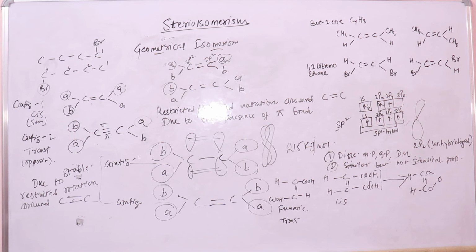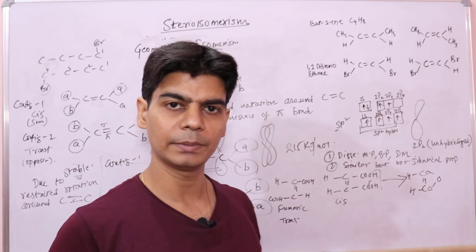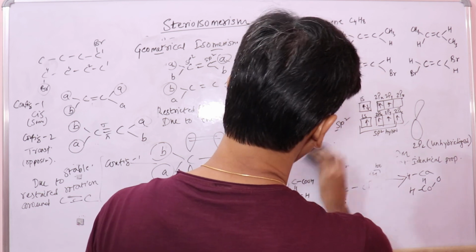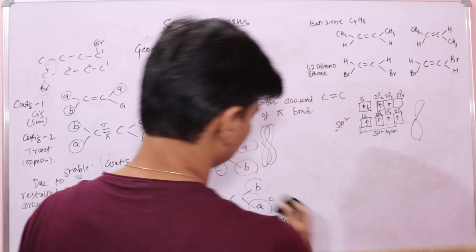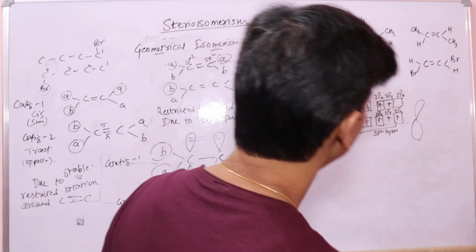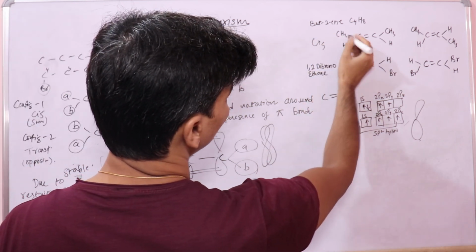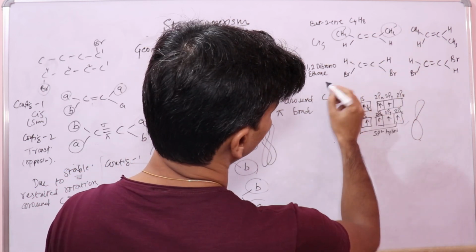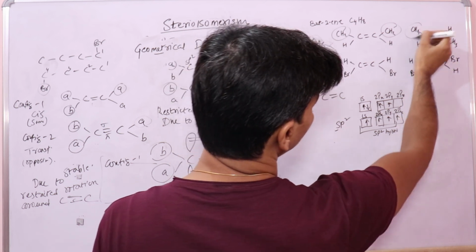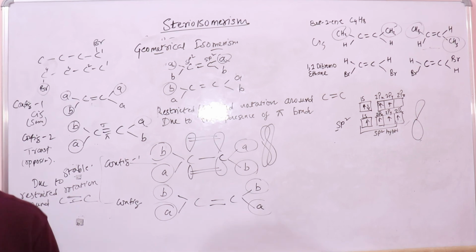Now, like I said in the beginning, this type of isomerism is also found in compounds that have a double bond between carbon and nitrogen, or a double bond between nitrogen atoms. You can see these two are also examples of cis and trans isomers. This is a cis form where you have the methyl group on the same side of the double bond. This is your trans form where you have similar atoms on the opposite side.